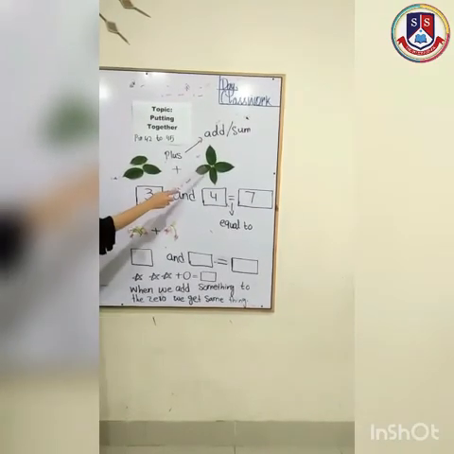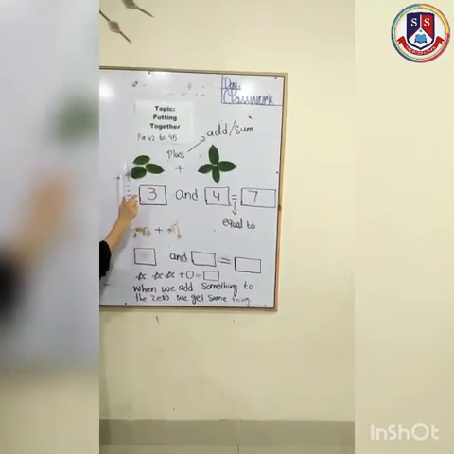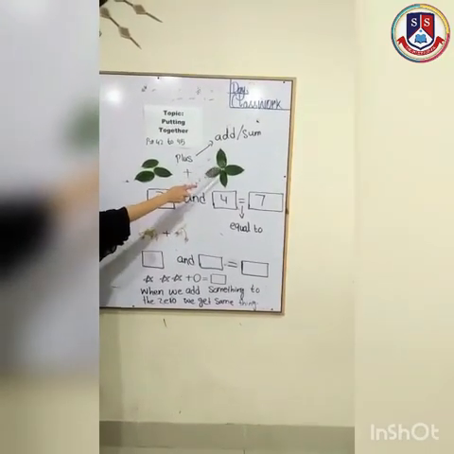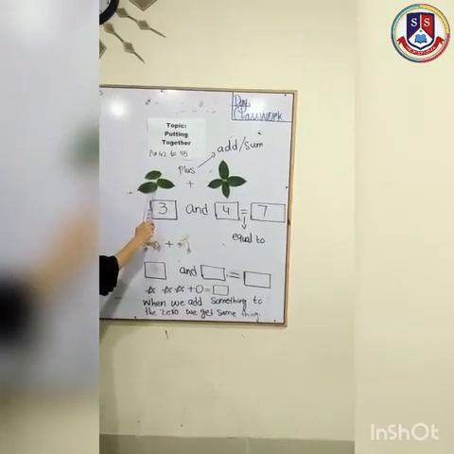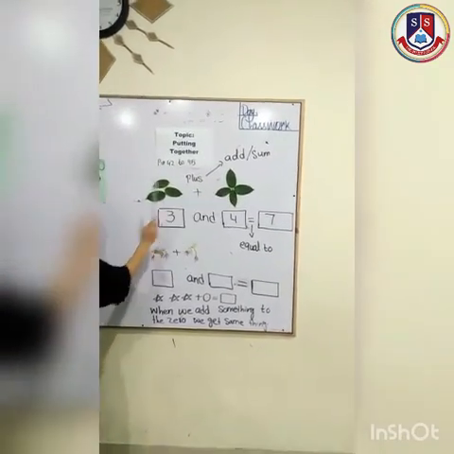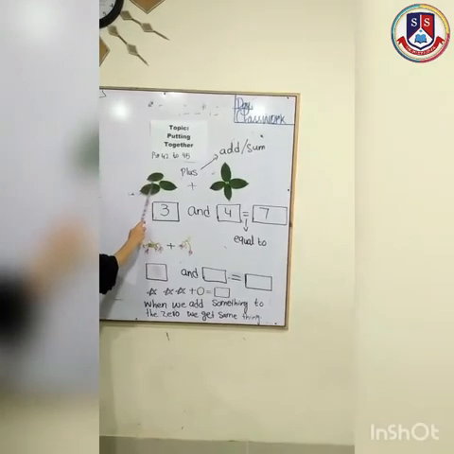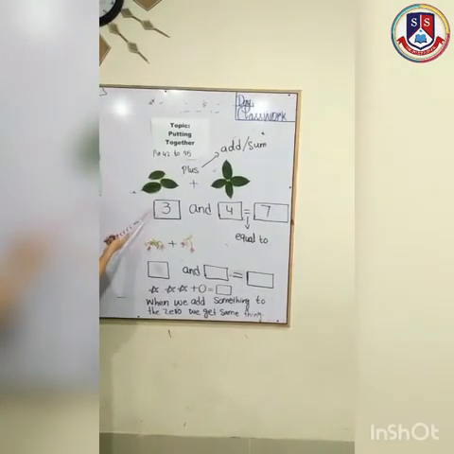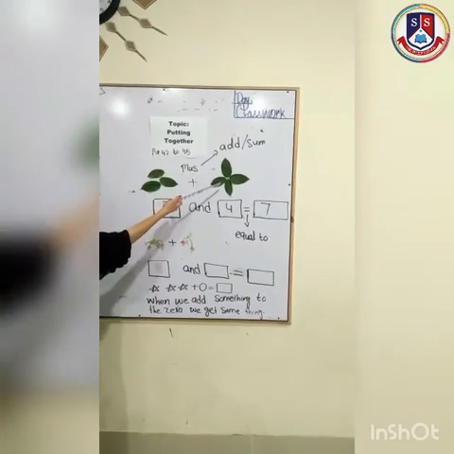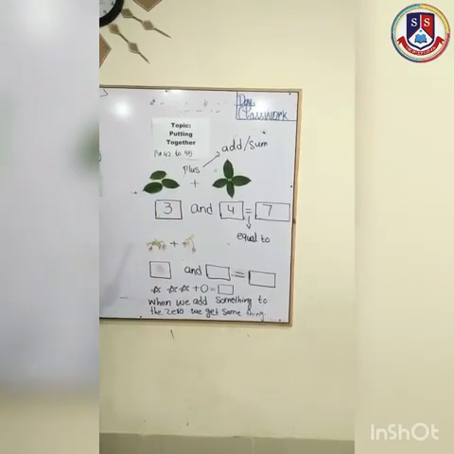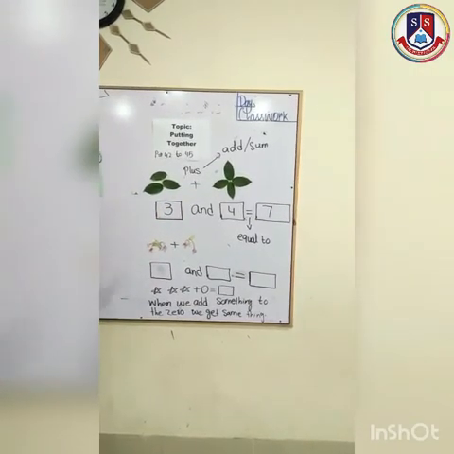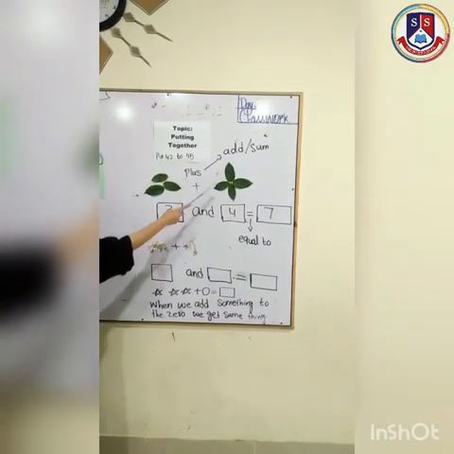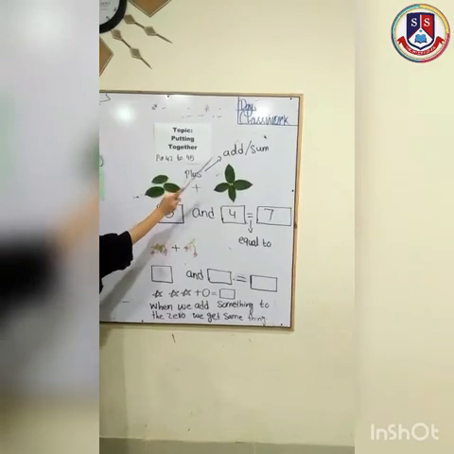So we have to combine the leaves of this group and this group. There are 4 leaves in the first group and there are 3 leaves in the second group. This is the right side and this is the left side. So you can combine from any side. There is no restriction. The main purpose is that you have to combine, you have to total something. So let's start from the right side.